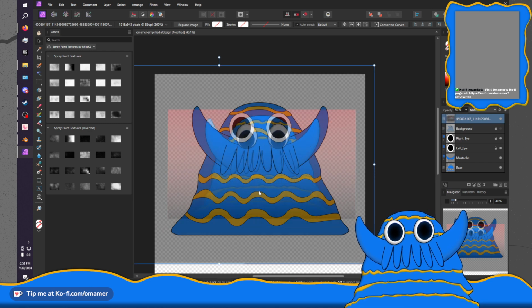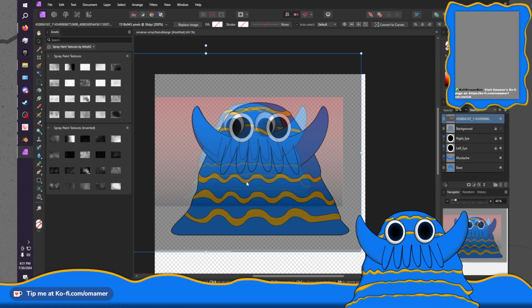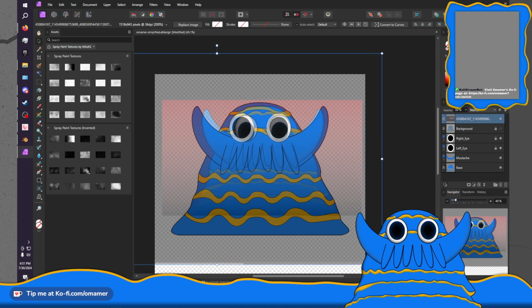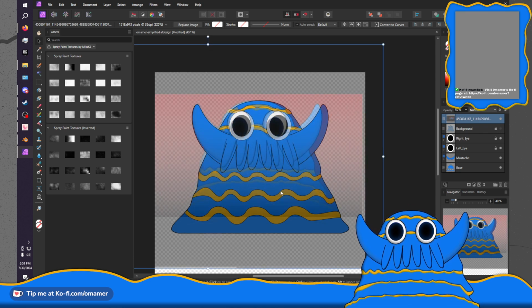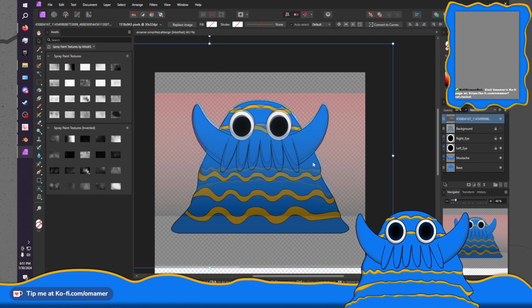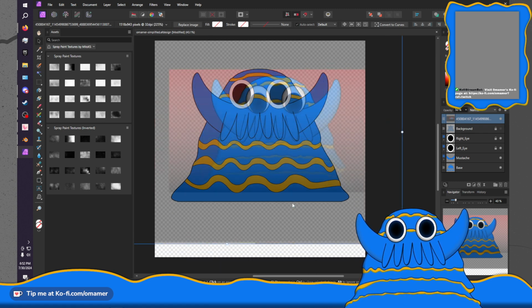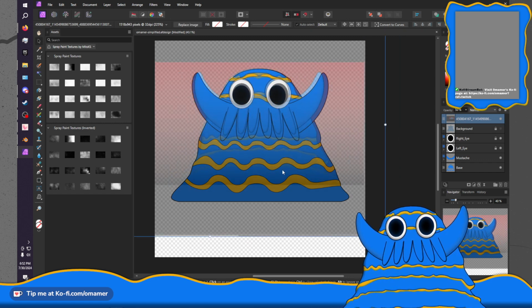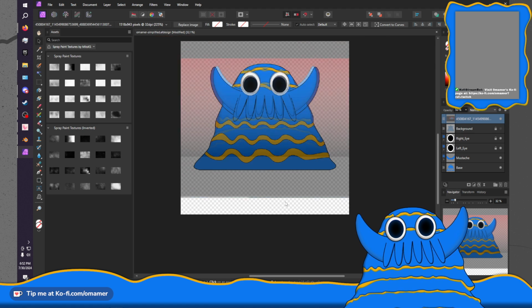Put that at about 50. No, the shape's not exactly the same. We want to get pretty close here. Actually, wait, no. That's right. The manipulations I did, that's what I'm wanting to replicate.